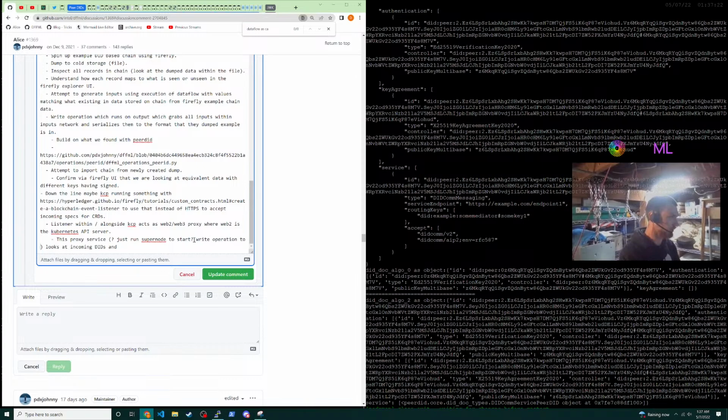write operation to start supernode on KCP cluster start. Okay. So write operation to deploy supernode on KCP cluster start. So the listener within / alongside KCP acts as a Web2 to Web3 proxy, where Web2 is the Kubernetes API server. This proxy server, maybe we run the supernode to start, but basically we're going to write an operation to deploy supernode to the KCP cluster. So this operation looks at incoming